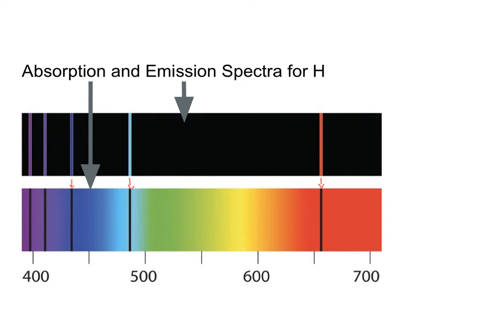Now, how can I see these absorption and emission spectra, you might ask? Well, it's actually a pretty simple setup. We start out with a tube of atoms at low pressure, so you want some hydrogen gas. We're going to connect that to some sort of electrical discharge, so we have electricity running through that gas. That's going to supply energy to the gas, which is going to allow it to start emitting photons. When it does that,